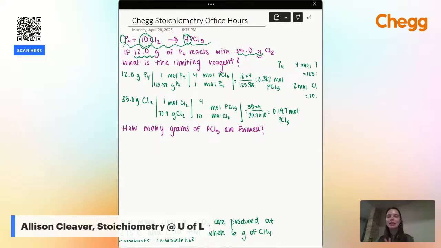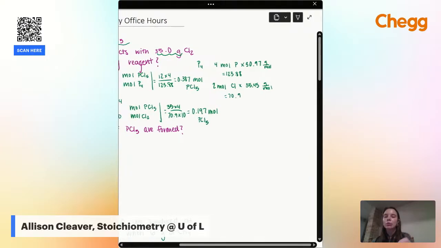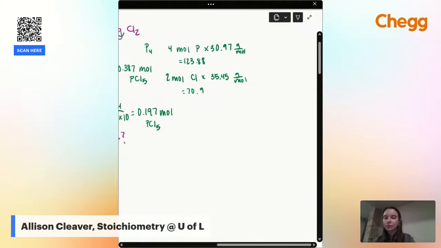Let's give y'all 10 seconds. Is P4 or Cl2 the limiting reactant? All right, 3, 2, 1. If you said that Cl2 was the limiting reactant, you're absolutely correct. That's because Cl2 creates less PCl5. 0.197 moles of PCl5 is less than 0.387 moles of PCl5. So we'll just say our limiting reactant